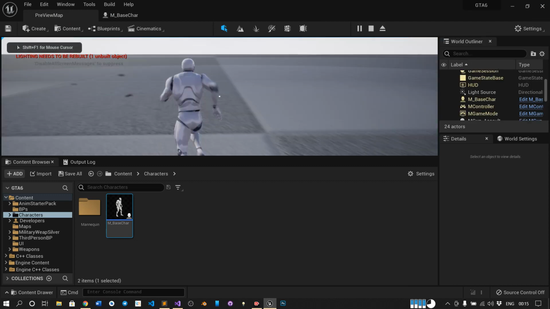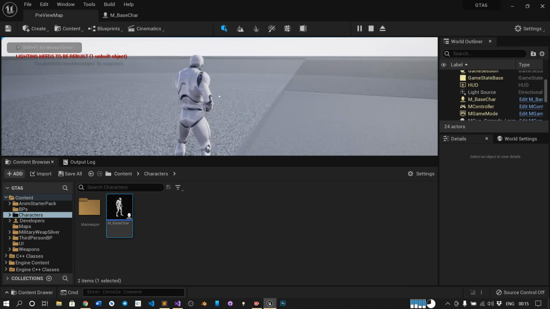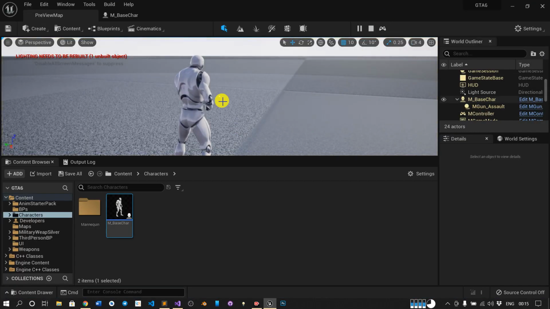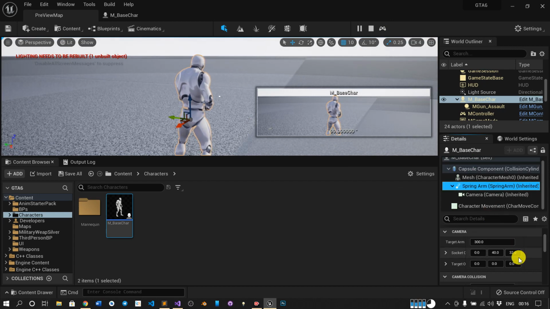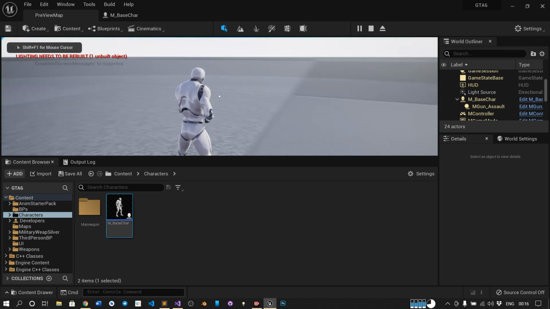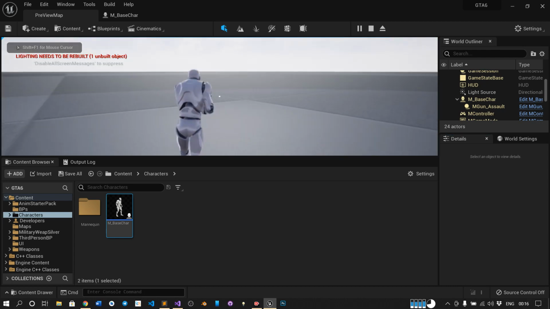In the viewport, go to the gun, press E and I equip the gun. I'm ejecting it, and same process, select the character, go to the spring arm, and we will increase the height. So like this. Yep, this is perfect for now.